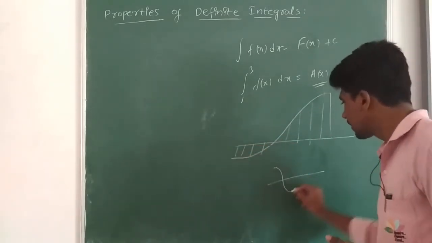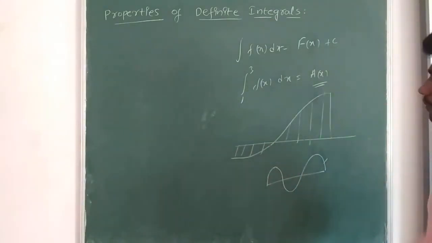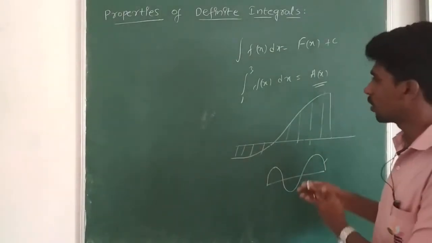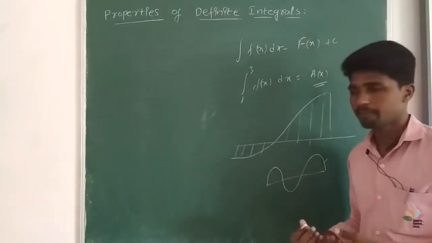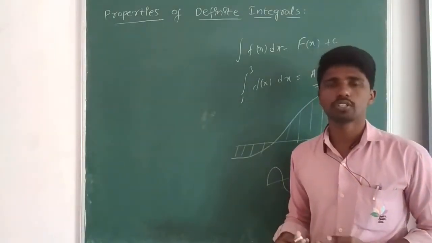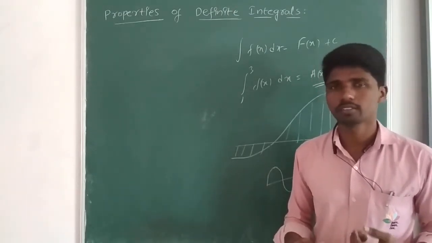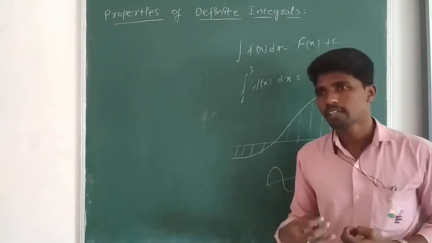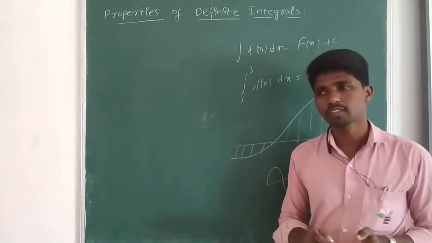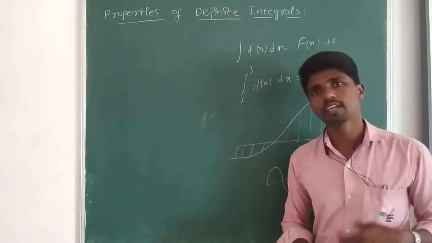Sometimes we may get a curve like this, sine waves. So to avoid all these difficulties, I have given a few curves. There are many types which we cannot draw here. Based on the curves, we can draw the graphs, right? We have many curves, and a few of them have a discontinuity at a particular point. It is a simple discontinuity, because suppose I consider x minus 2 by x plus 2. The curve is okay in all cases except x equal to minus 2. At x equal to minus 2, the curve is not defined.